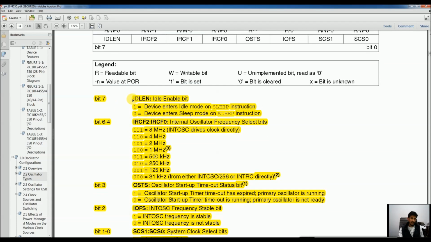Bit number 7, IDLEN, is the idle enable bit. If this bit is 1, the sleep instruction will put the microcontroller into idle mode, but if this bit is 0, the sleep instruction will put the microcontroller into sleep mode. What is the difference between idle mode and sleep mode? In sleep mode, everything shuts down: the CPU, the peripherals, everything.